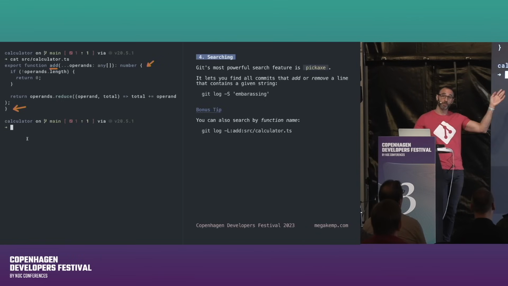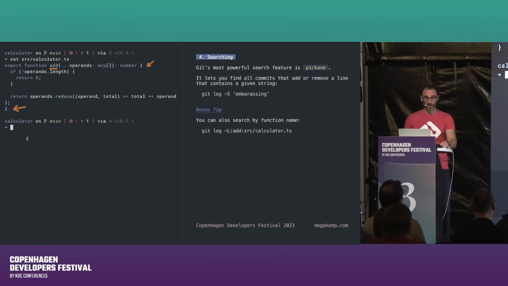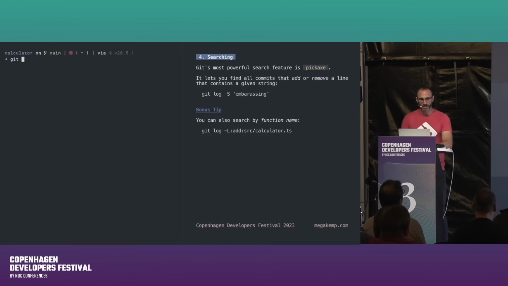Could have been a C# method, could have been a Java method, doesn't really matter. Now I want to say which commit somehow modifies this function. Then I can say git lg -L, colon, the name of the function, colon, the path to the file that contains that function. So